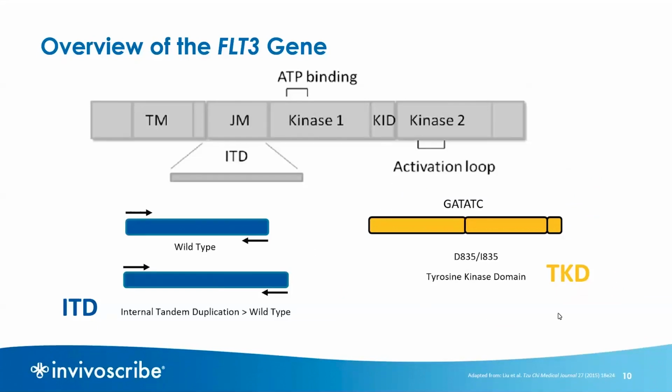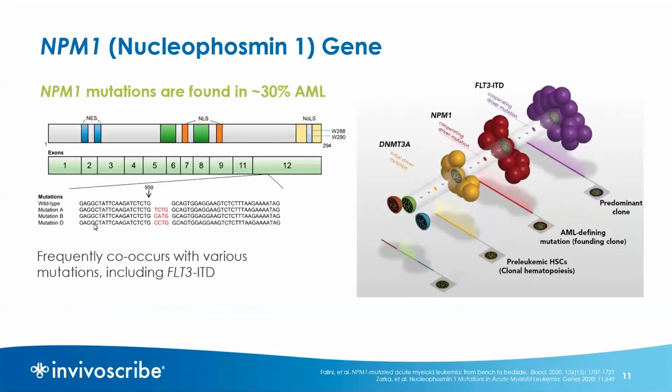I'm going to de-emphasize TKDs, but those are also important in terms of being targets for pharmacologic agents, as are ITDs. The other gene to highlight that's also critical in our discussion is NPM1. NPM1 is an oligomer nuclear chaperone protein that's involved in many very important cellular functions, and a mutation that arises from the gene usually affects the exon 12, and